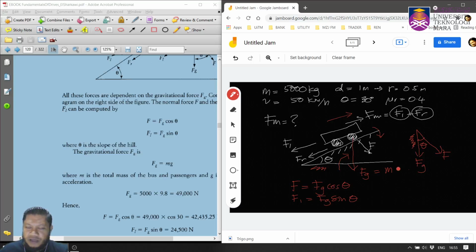Now it becomes g, the gravitational pull, which is 9.8 meters per second squared. So mg, and then you can find what mg is here: 5,000 multiplied by 9.8 meters per second squared. Then you find out this is 49,000